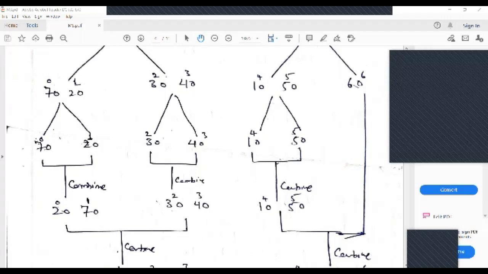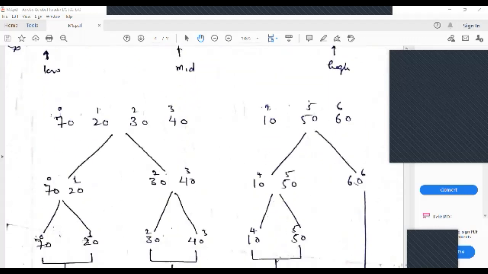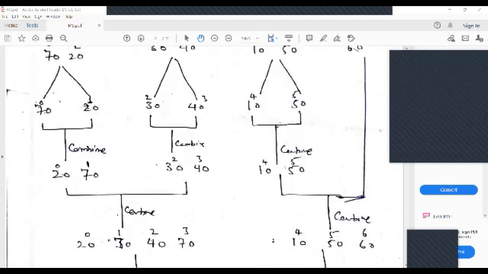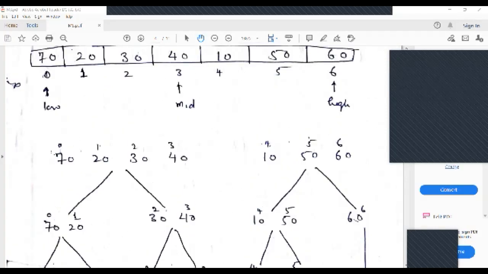What it will find? It is finding that 20 is less than 70. It will put first 20 in the temporary memory, that is B, then 70 in the temporary memory. So in this way, this combine will sort the data. So just see, this is for the first half of the first half and how this combine is working. ठीक है, again this combine will be applied to the second half in the same way. So in totality, at last, what this combine procedure, that is low, mid and high, will do is combine all the sorted data and it will present you an array with the sorted elements.